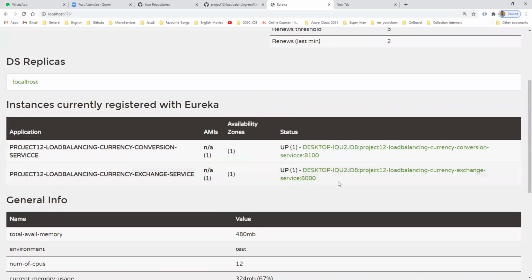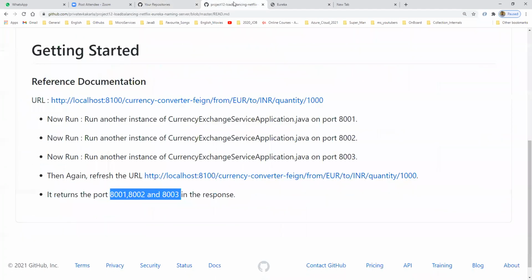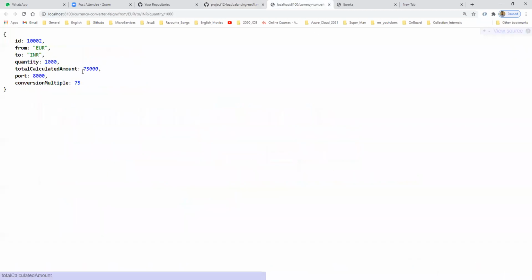Now we have two services. Fine. So if you open this 8100, right, you can open the same URLs. I'm just simply opening this service. From the 8000 response, we are passing some values here. It is calculating it and giving the response.